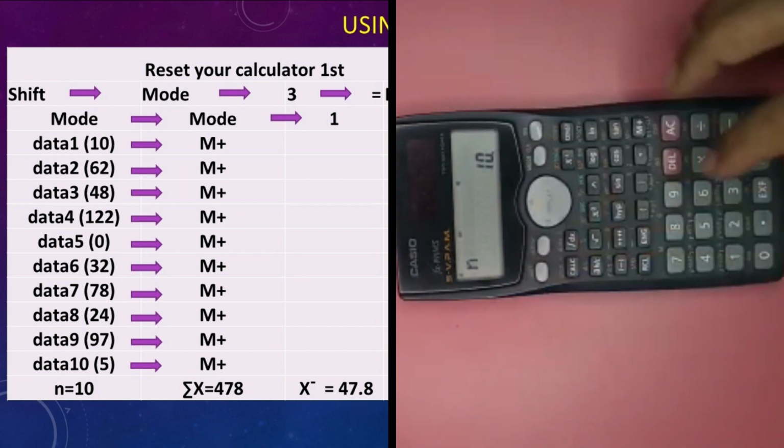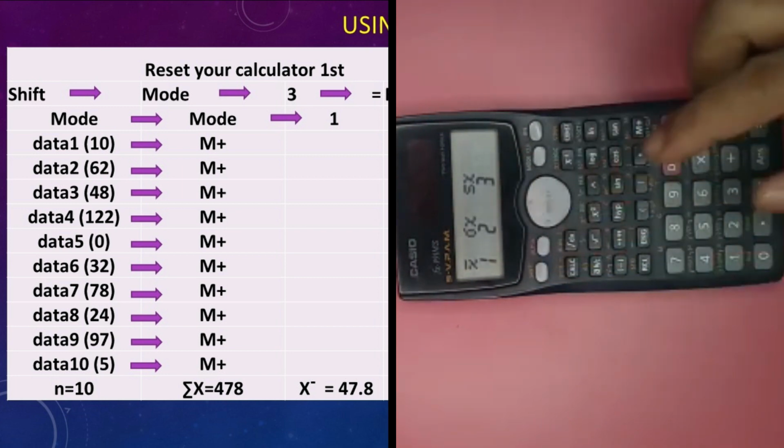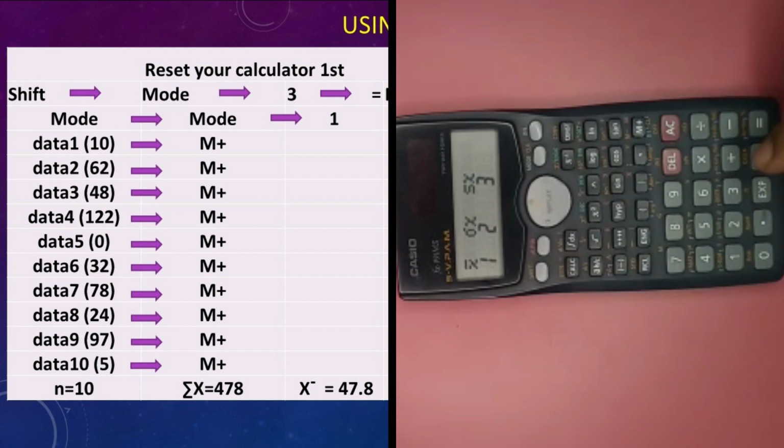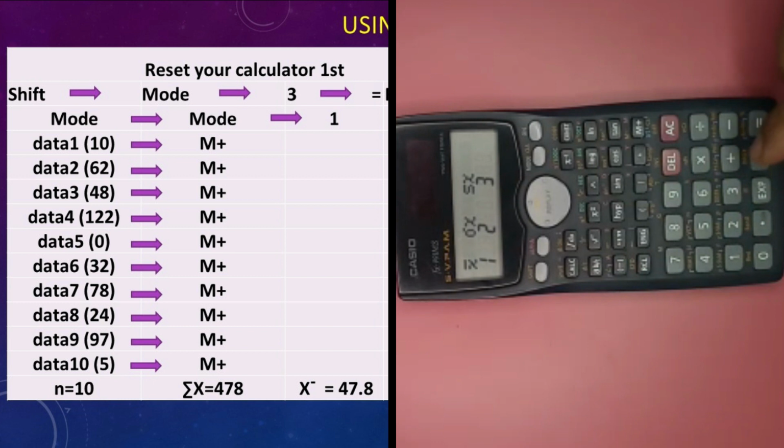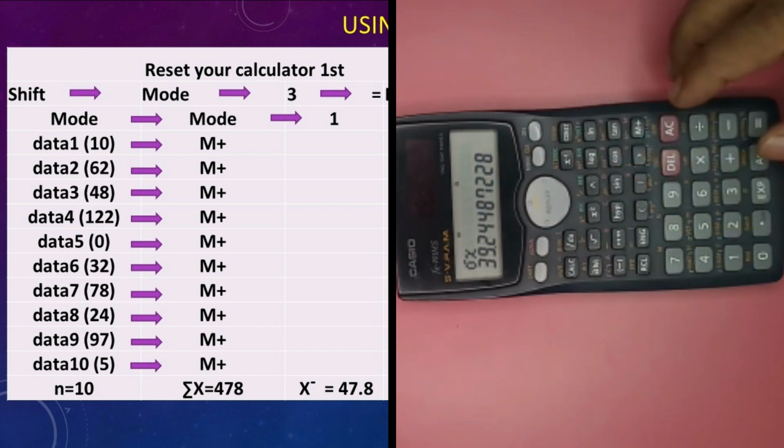Now shift 2. 1 for mean, click on 1 is equal to 47.8. Now shift 2. Here click on 2 again for SD, 39.24, and in this way we can calculate too many